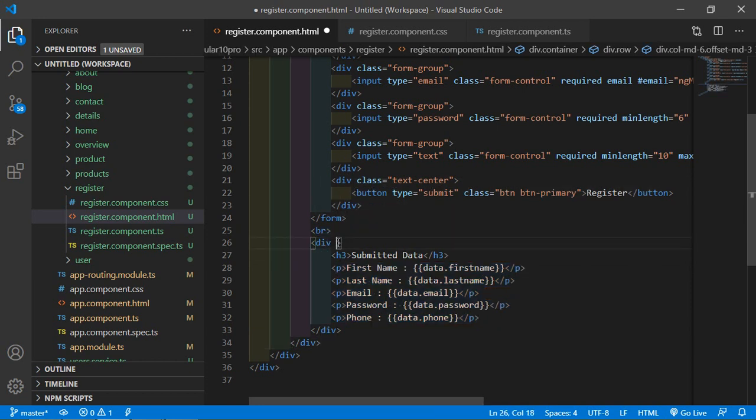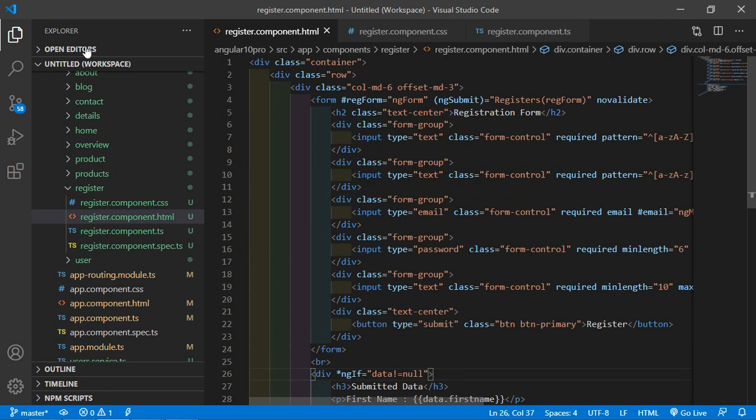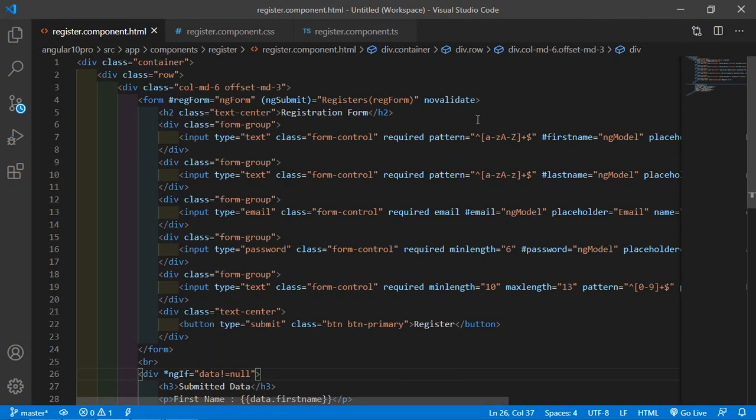Just write asterisk ngIf, and inside this add the condition: if data is not equal to null, then execute this, otherwise not. Just give the space. All right, now save this file. So all set. Let's check it.